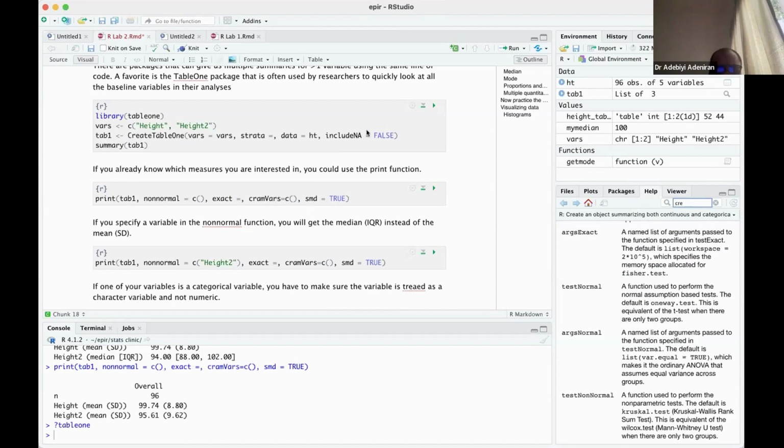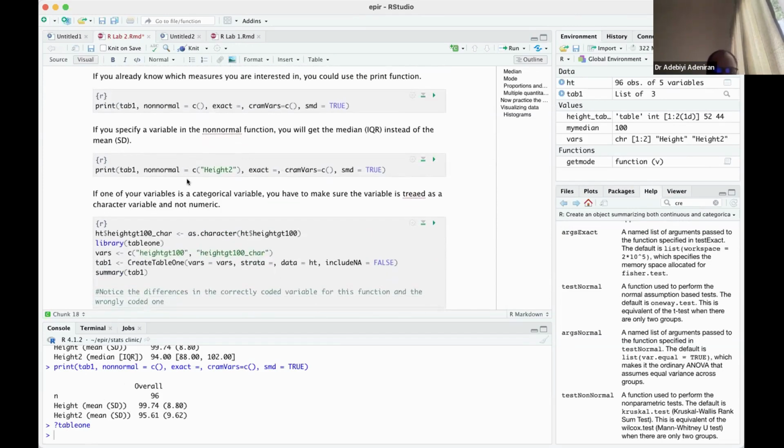But then you just want to know the basic things you want to do. Okay, I want to find the mean, I want to find these. Okay, how do I go about that? What do I tell R to look at, and then how do I put it in? So that's that. So now let's say maybe one of our variables is a categorical variable,